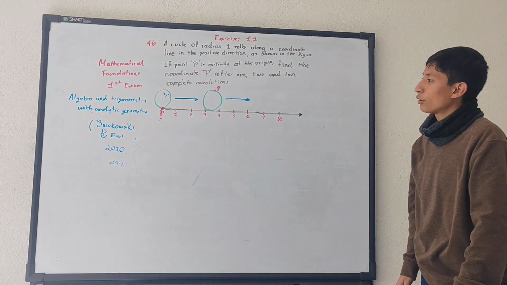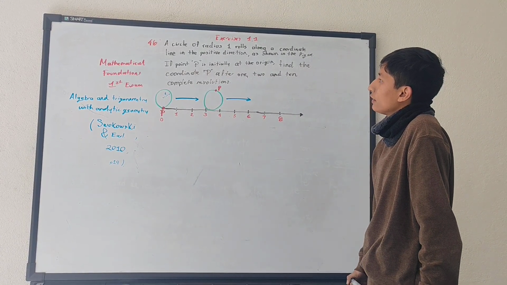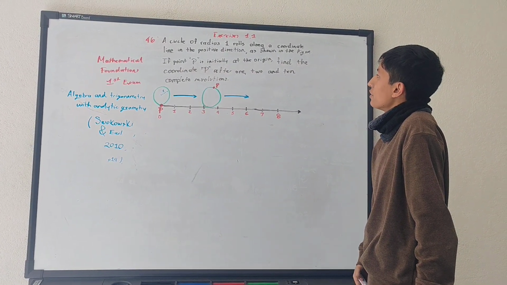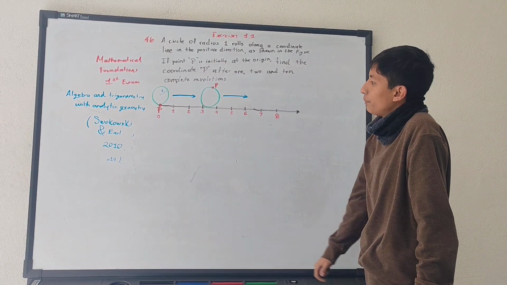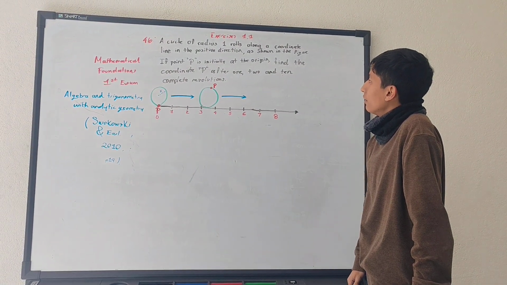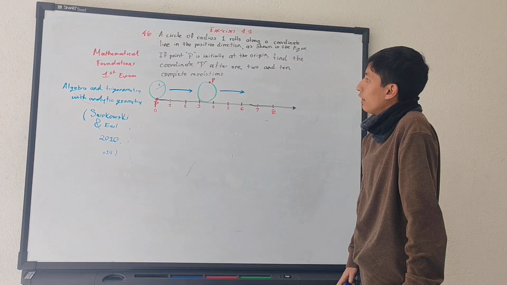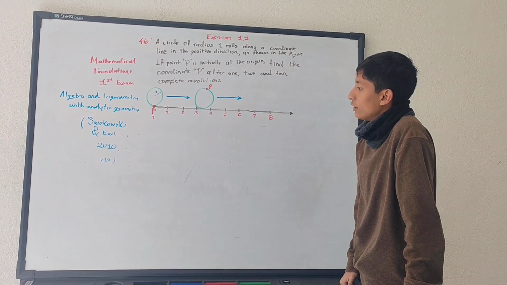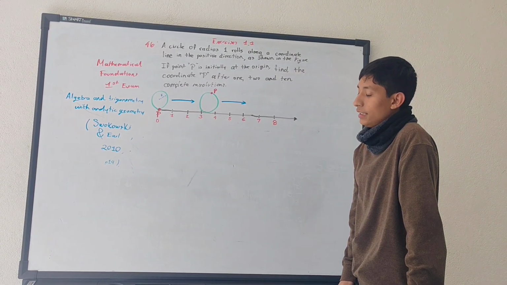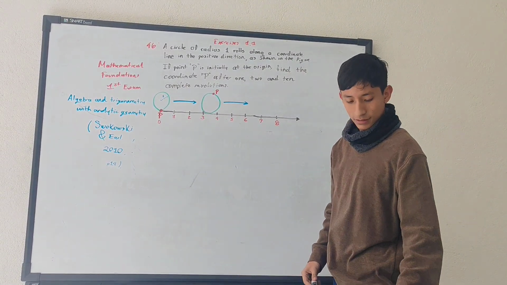The problem says a circle of radius 1 rolls along a coordinate line in the opposite direction, as shown in the figure. If point P is initially at the origin, find the coordinate of P after 1, 2, and 10 complete revolutions. To solve this problem, I remembered